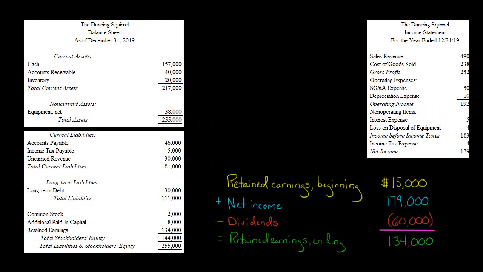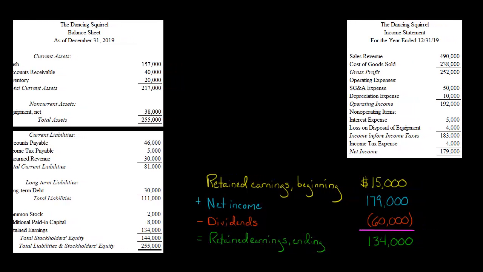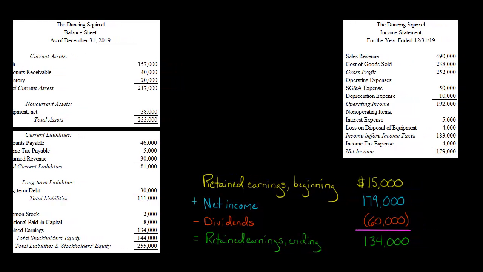So our beginning balance, this number right here, this is from the adjusted trial balance, so this was given. Then we add the net income, which was $179,000. And if you're wondering, hey, how did you get $179,000? Well, I made an income statement. Okay. Now, obviously, this is not part of the classified balance sheet. I just needed to be able to calculate net income, which is right here. Okay. I needed to calculate net income so I could adjust the retained earnings balance to get the ending balance